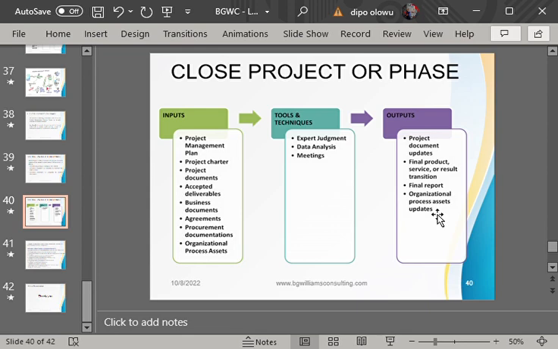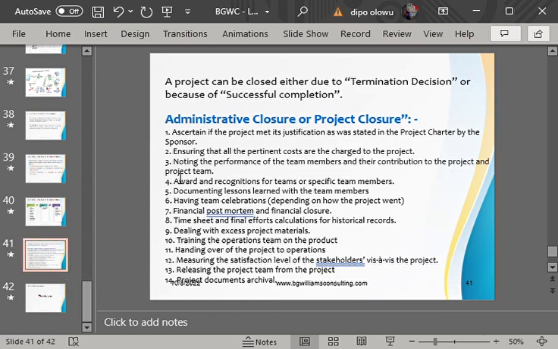There are some organizations that also have a closing ceremony. So you can look at all this administrative procedure. Some organizations have a closing ceremony. Some organizations do a closing ceremony, they do a closing party, especially for big projects. They say, this project we were able to finish, and they do a closing ceremony to mark the final closure of the project.